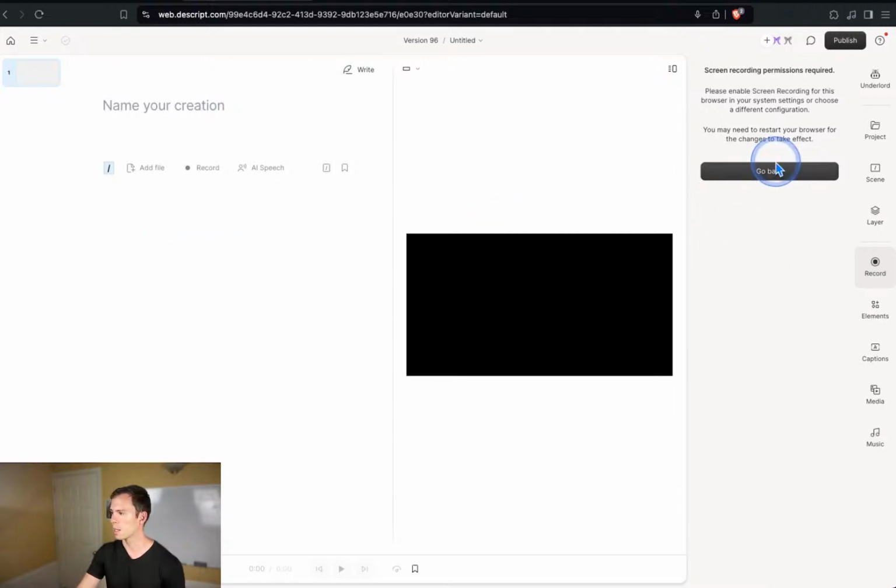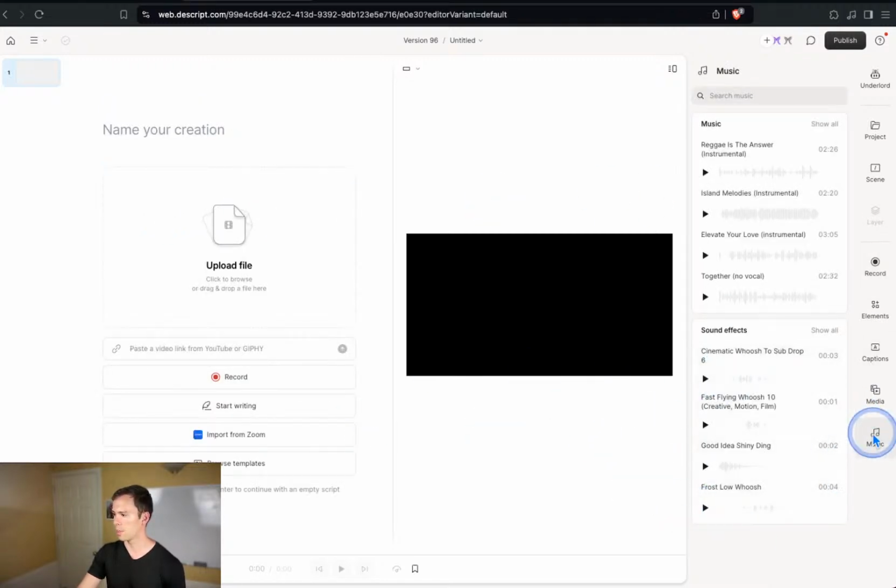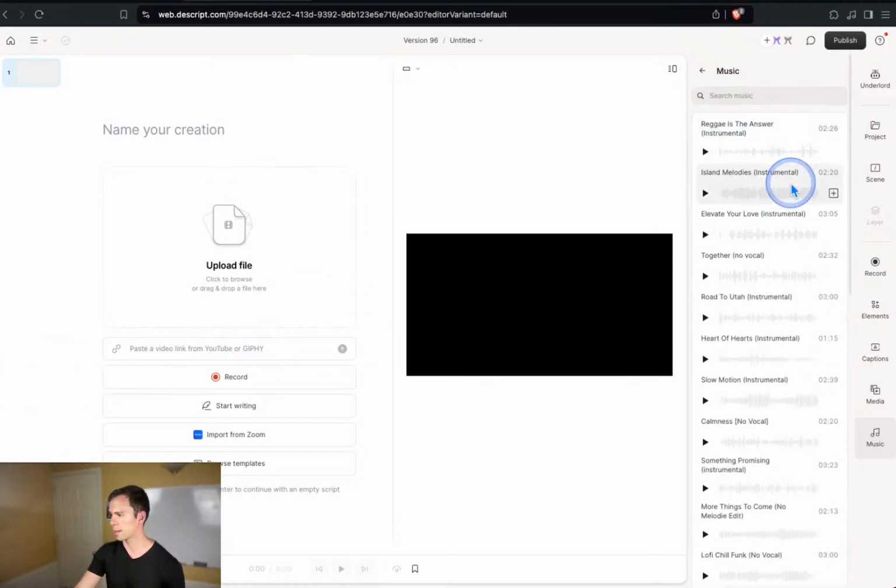I could show again. So here's the music section at the bottom, and at any point you can add the music. I have a completely blank project right now. If I go to this music at the bottom, here's the music section, and then there's sound effects below that. You can also use the search bar, so you can type in a genre of music, or if there's a specific song you found in the past, you can use that. Or you can hit show all, and this has your entire list of music here. You can preview any of these by clicking the play button. And then if you like it, you can just hit the plus button,